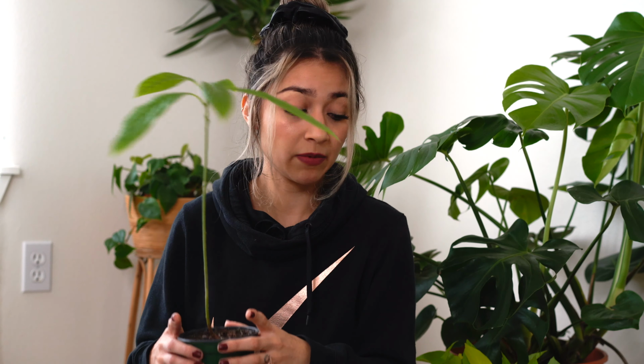But it's this one I'm a little worried about just because I know it's a tropical plant. It likes warm environments and sunny environments, and right now I have it in my beauty room because it's the sunniest and it's also one of the warmest, just so it can hopefully survive the winter and not die. But yeah, its leaves are getting longer every day, and I don't know, maybe one day this will be a big tree. But okay, moving on to